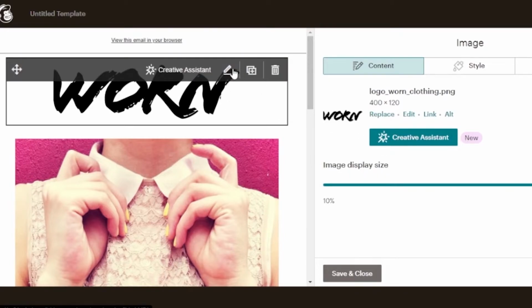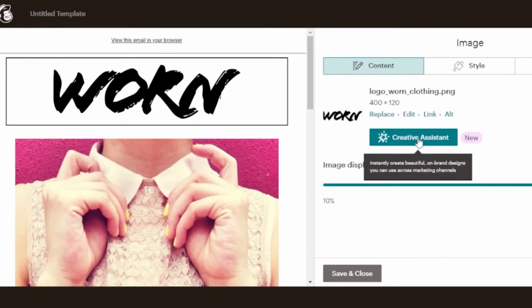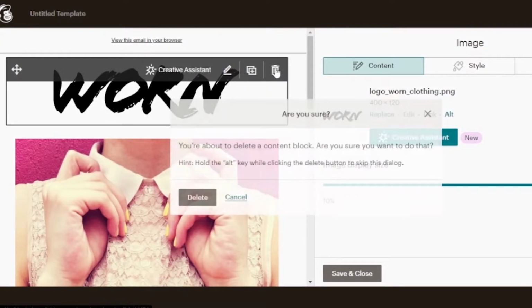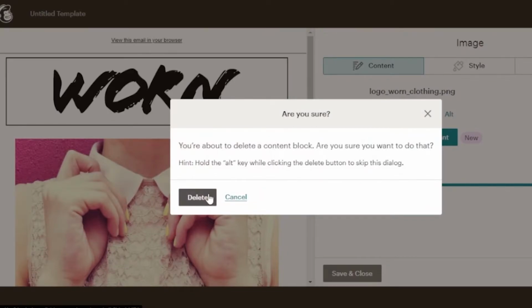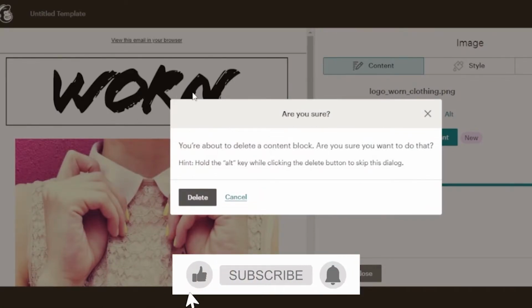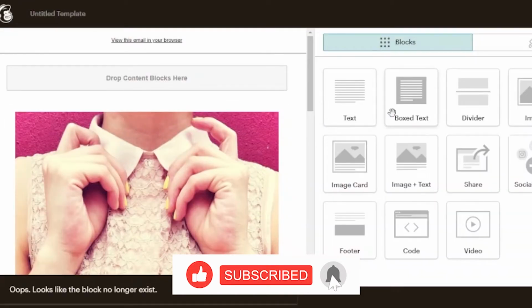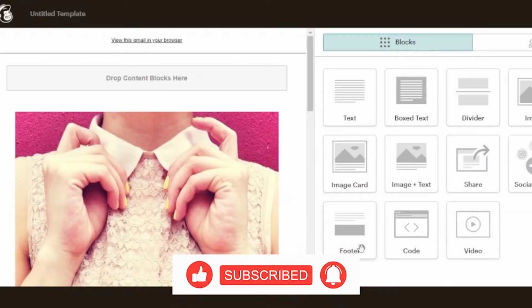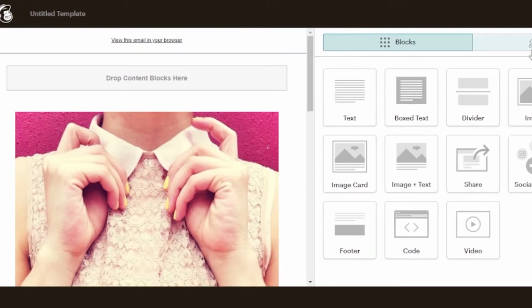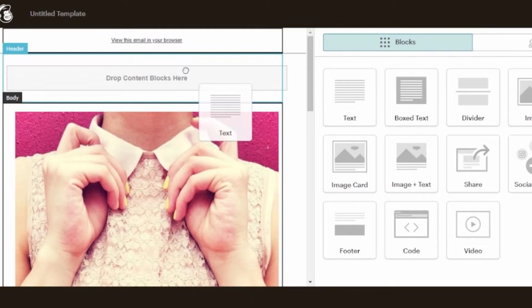So what I'm going to do is edit this block, and you see this option right here: instantly create beautiful on-brand designs you can use across marketing channels. So you can replace this logo, you can edit it, link it, or you can just delete it. I'm just going to simply delete this logo, because obviously Warn is written right here, and I am not looking for Warn. So what you need to do is add a specific text right here. You can just click on this option which says text, and you can just place it right here